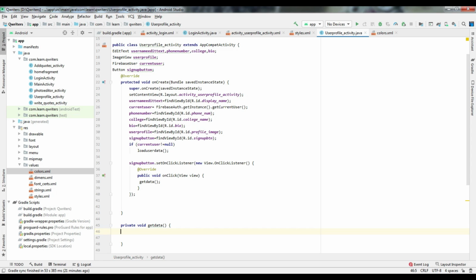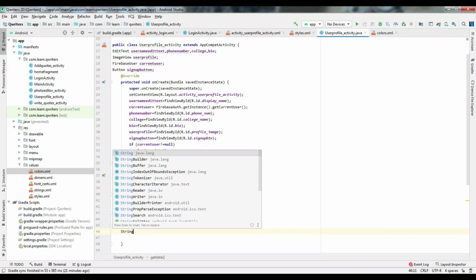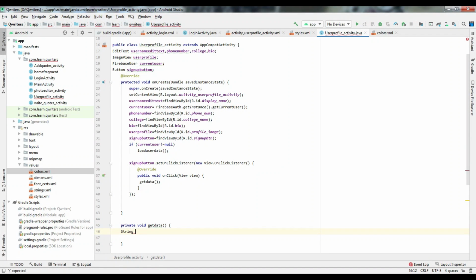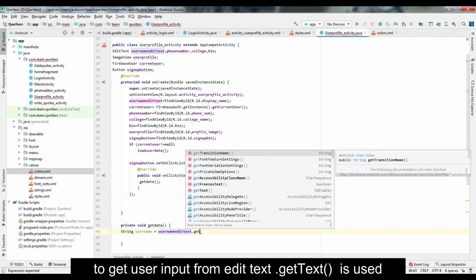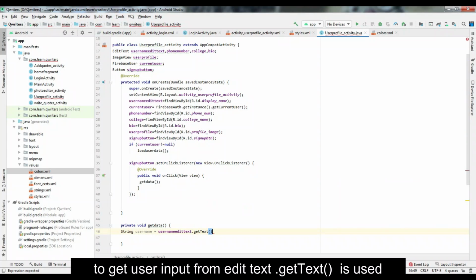So first is edit text, get all the data, string username is equal to, from username edit text we'll get there. So username edit text dot get text dot to string.